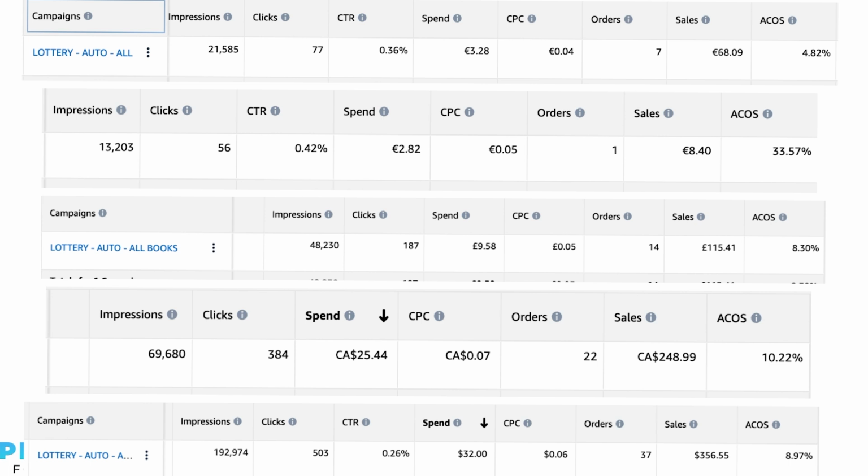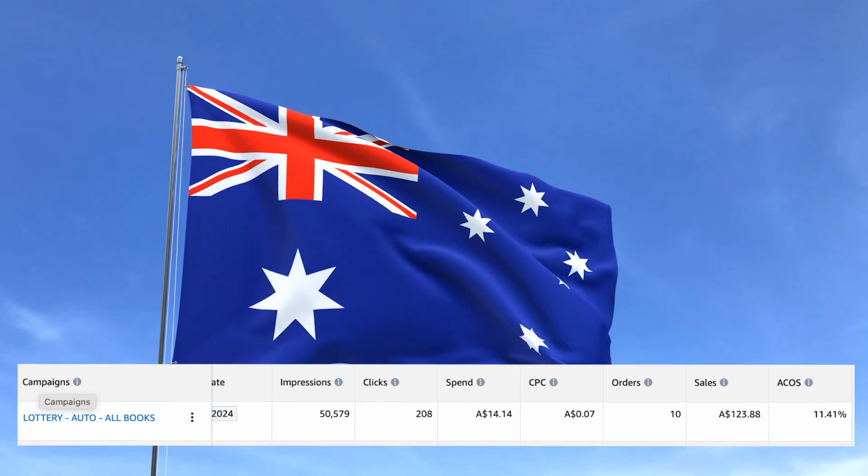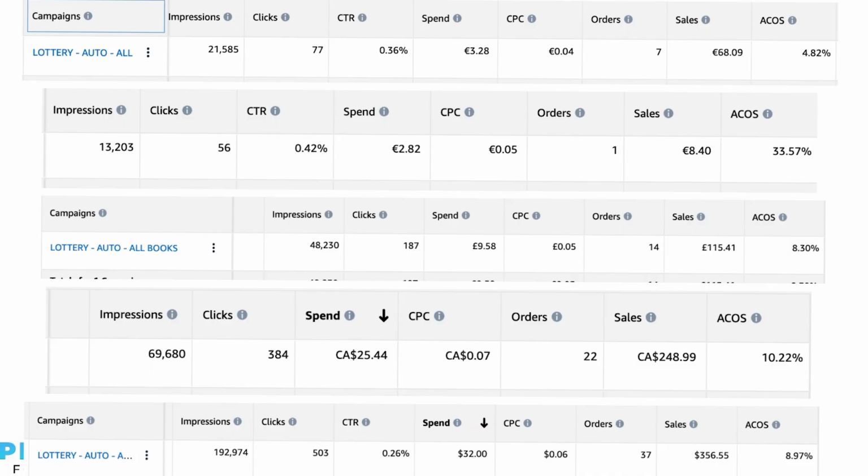Overall, excluding Germany, I'm really happy with these results. Oh, I don't have Australia on here. Bummer. But overall, let me know: would you be pretty happy if you were getting results like this? If you were getting ACOS as low as 4%,